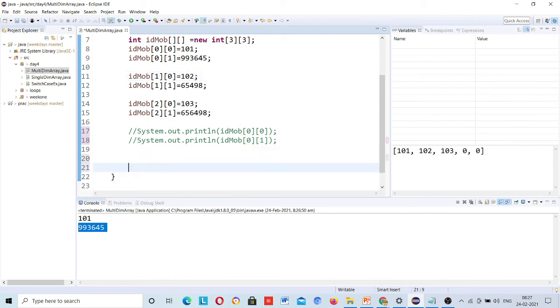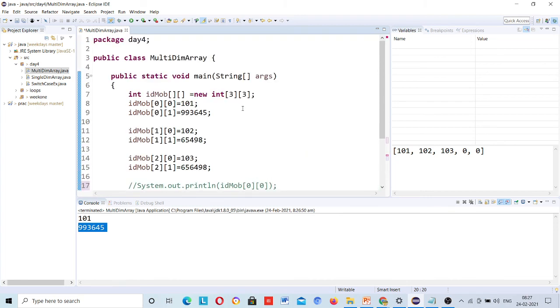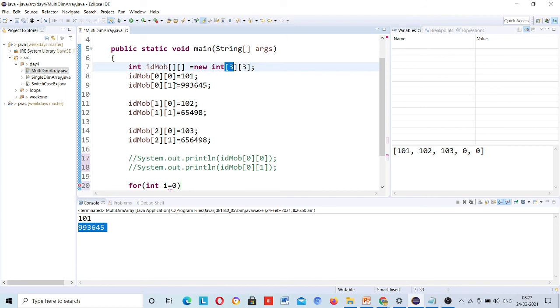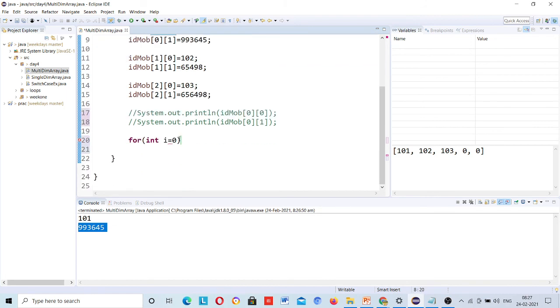Simply, I need to use int i is equal to 0, because array index starts from 0, and i is less than 3, because I have 3 data, i plus plus. This will be for the array, and this will be for the array inside the array.